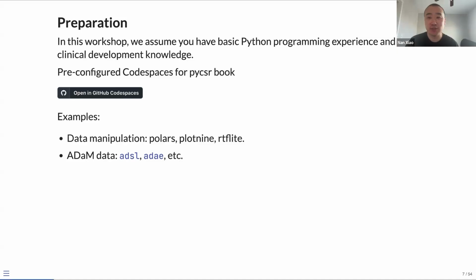So just in case you don't have a local development environment, we have prepared a GitHub Codespace for you to reuse. I hope Yilong can share the links of the slides and the book into the chat. So you can click this link to open the GitHub Codespace.